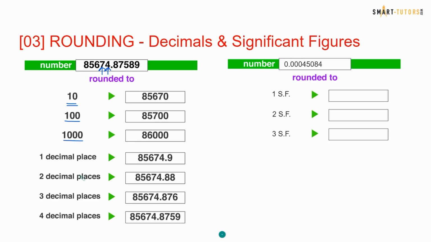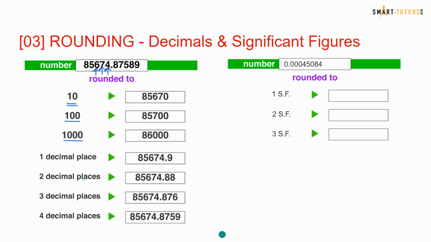1000, 3 zeros, so the third one is going to be the decision maker, which is more than 5. He will give 1 and die, so 86,000 is the answer. First decimal roundup means you need to go for the first decimal, and it's 8. So the second decimal is going to be the decision maker. The second decimal is 7, he is going to give 1 and he is going to die, so the